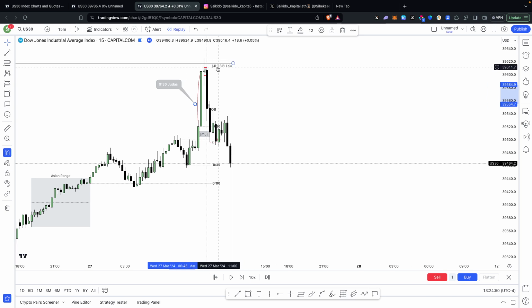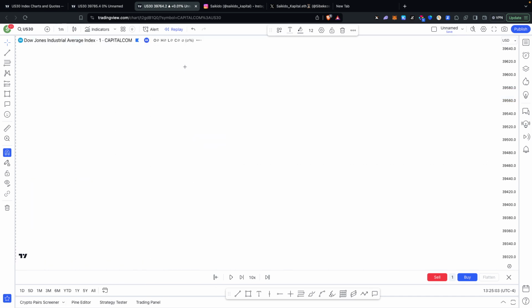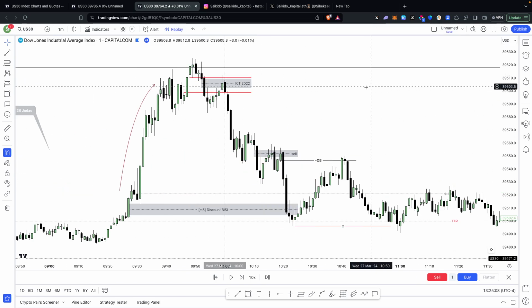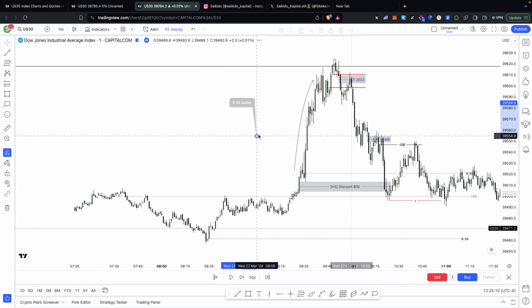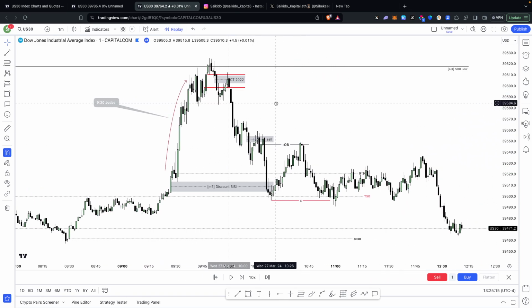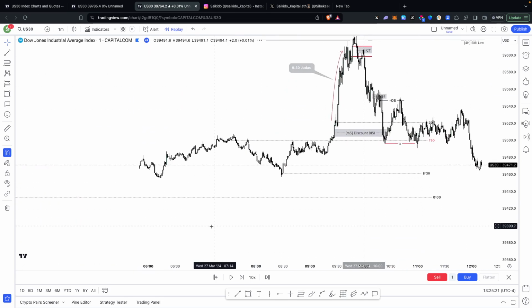So in this case, there's a 4 hour CB, and you can see that this 15-minute chart, which was the 9:30 opening, did exactly that. Okay, and then if you go to a smaller time frame to see what happened when price reached that high time frame PDRA, you can see that this Judas swing here is just a build up for this. Now, what had happened the whole entire day since Asian session?